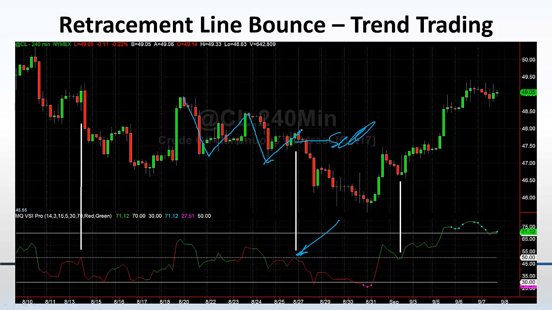In this case, you have what's called a shooting star right here, which is a bearish candlestick pattern. Stop goes above the high. And once more, it starts to accelerate down. And then what do you know? We have the volume reversal right there at the bottom and right back up. Trend changes once again, back to the upside.